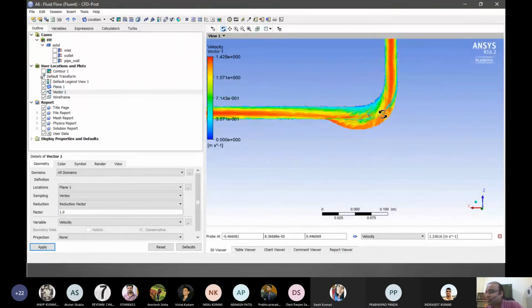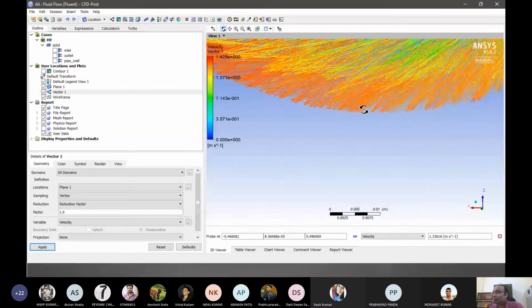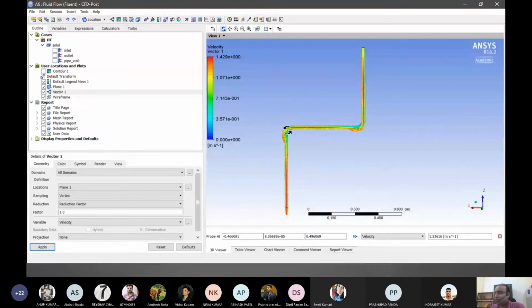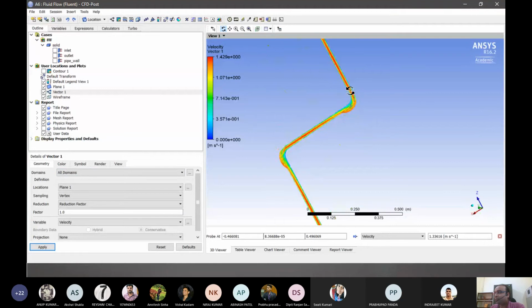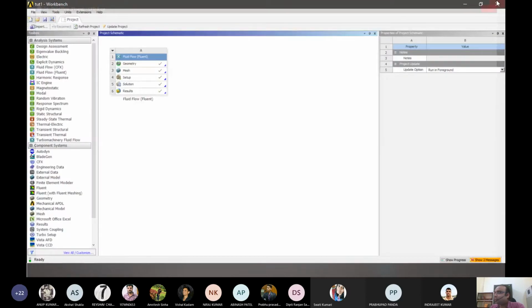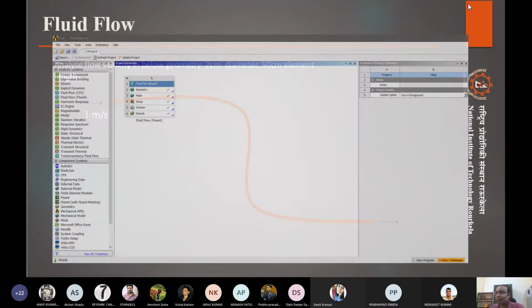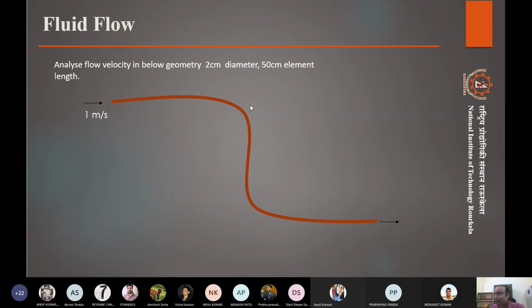A good type of analysis can be done on these cases if we know what we are doing. So a good tool basically for any kind of ventilation simulations. Right. One thing, let's close this one. So we are almost done with the first part of it, and we could see how the velocities and pressures are there. Any doubt till now?